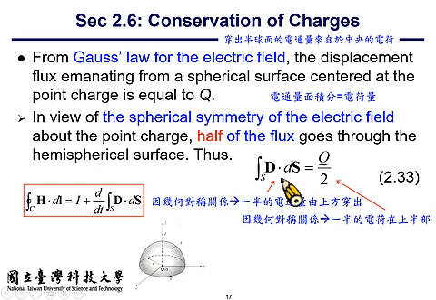Then this total sphere, because the point charge Q is enclosed within this spherical surface, the surface integral of displacement flux D shall give you the total charge enclosed within this region, that will be Q. And if you cut this spherical surface in half,